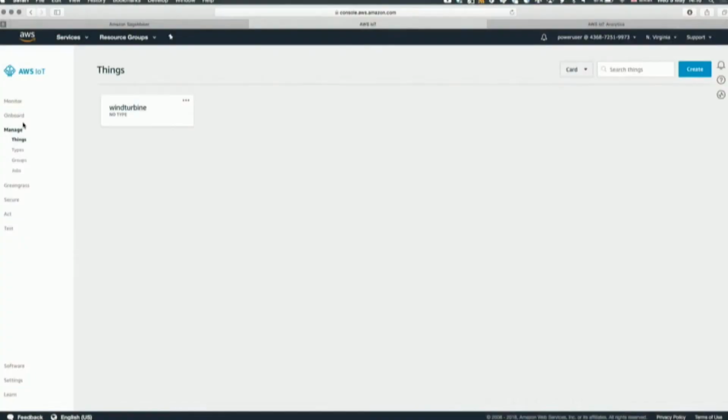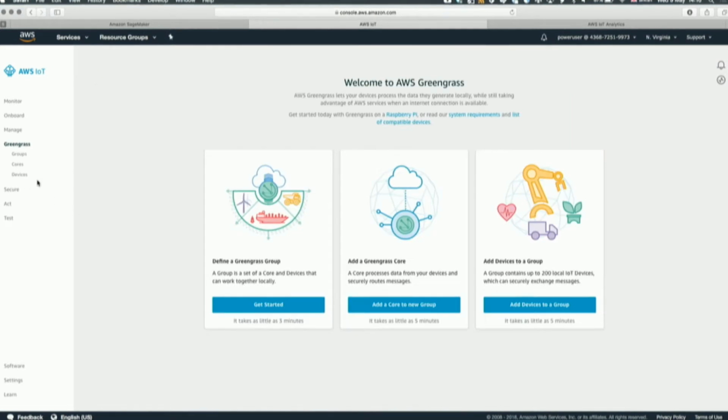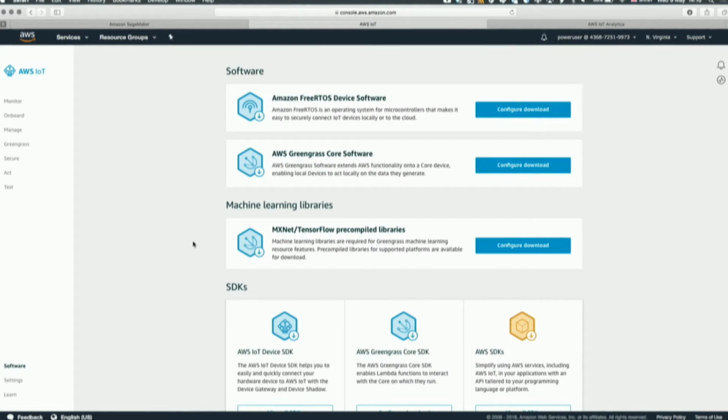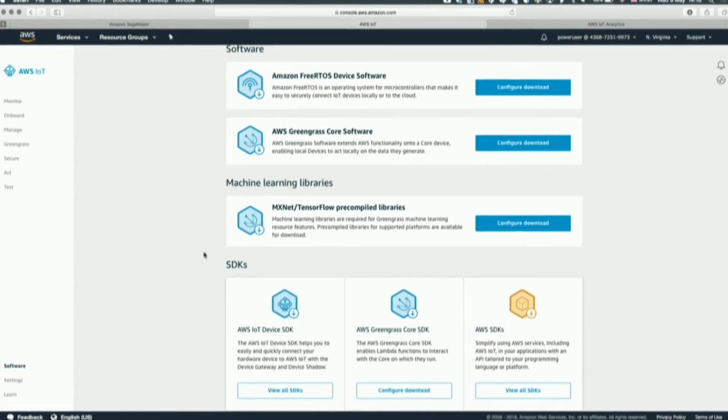Sure. So this is, by the way, for those of you who are not familiar, our IoT console, and within the IoT console, you can see the devices that you have provisioned and the state of those devices. Greengrass is one of the IoT services, and here you can set up your Greengrass core and Greengrass devices. If you go further down, we have a software section here on the console, and it provides you FreeRTOS, which